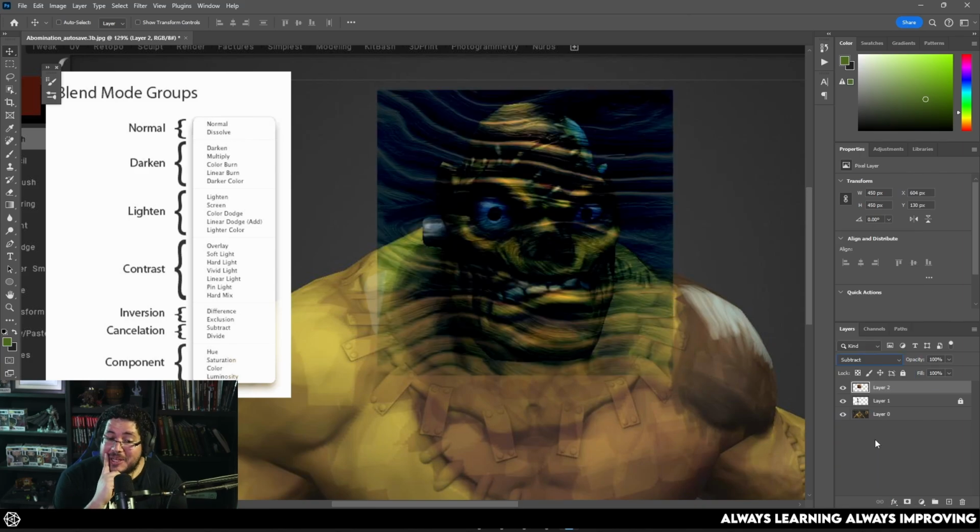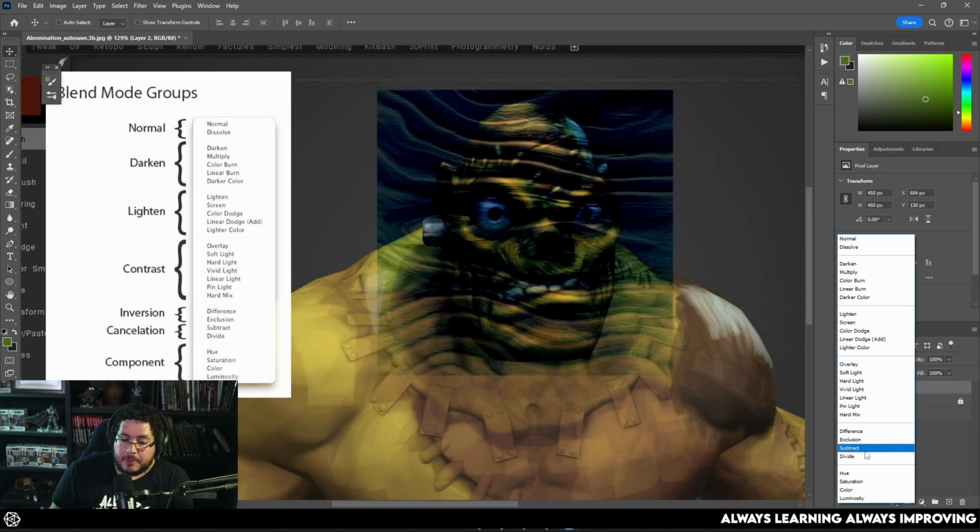So subtraction is really interesting because what subtraction will do is it will subtract the color information from the parts of your image, in this case this wood image that we have that has color. As you can see, the shadow areas are not really taking anything out because there's no color there, but all of the other elements that had this sort of orangey vibe are removing that information from our object right there, from our character.